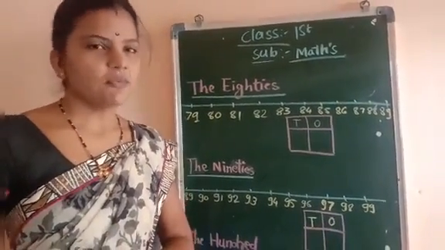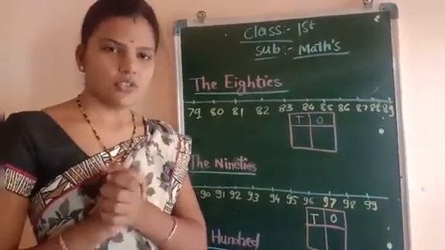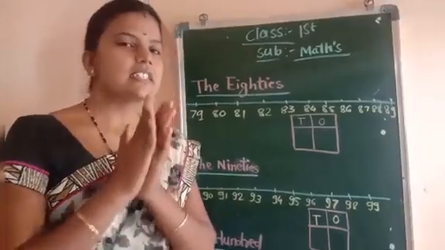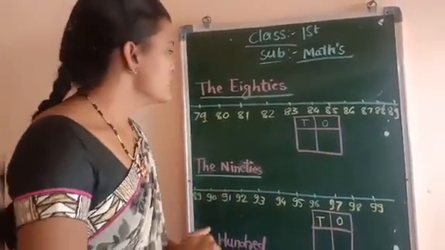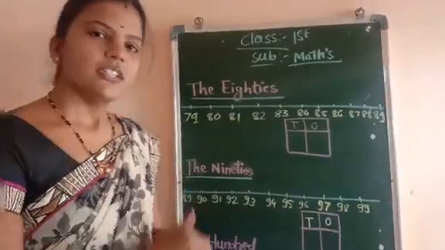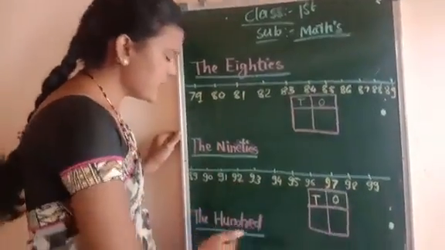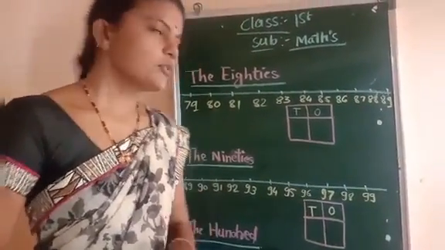So today I am going to teach you math subject. In the last video I taught you counting in tens. It is 50s, 60s and 70s. And in this video I will teach you the remaining tens. It means the 80s, the 90s and the 100. Okay? Shall I start? Okay then.